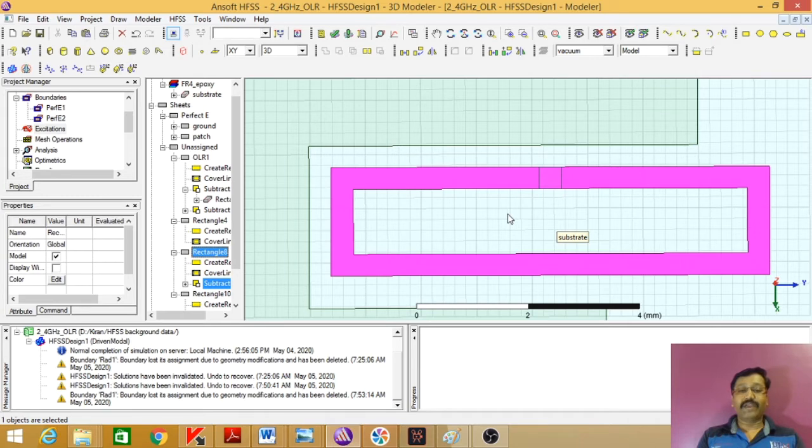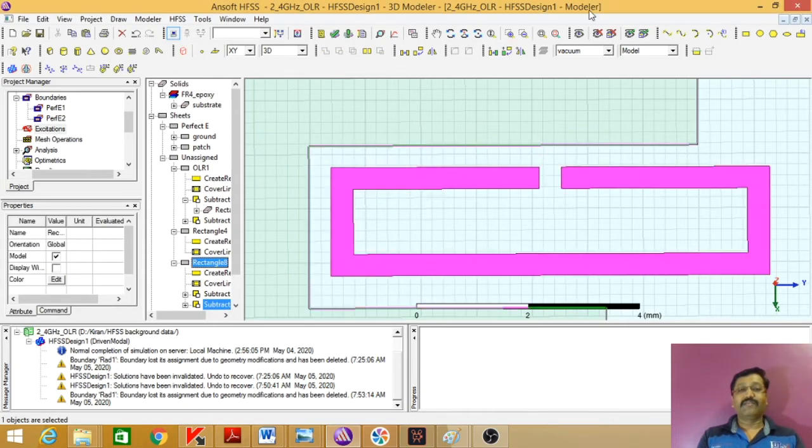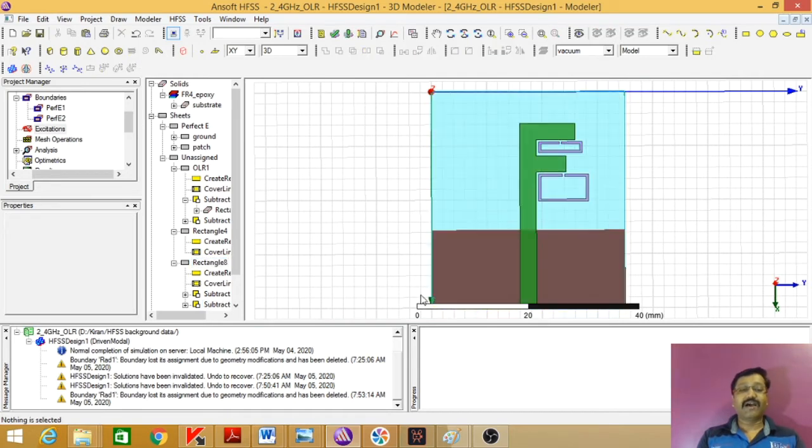अदरवाइज अगर आपको 8 में से 9 करना है, 9 में से 8 करना है, वो आप डिफाइन कर सकते हो while subtracting. जैसा मैंने आपको बोला कि इधर उधर आप शिफ्ट कर सकते हो. Now this rectangle is ready. Press Ctrl key, click on rectangle 10 and then simply say subtract. 8 में से 10 में subtract कर रहा हूँ. अगर आप 10 से 8 subtract करोगे तो सिर्फ A वाला गैप रहेगा, बाकी ये सब निकल जाएगा. I will say now OK. Hey, now you can check all my structure is ready as it is in the figure.